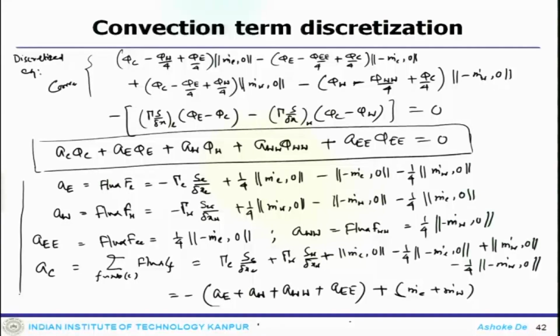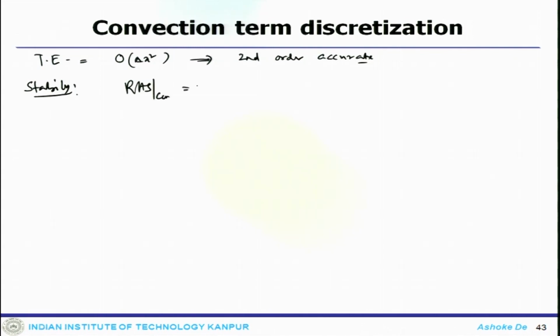if you look at the truncation error for this Fromm scheme, the truncation error would be of order delta x square, which also provides you a second order accurate system. And the stability criteria, the stability, if you look at the convection term on the right hand side, so that